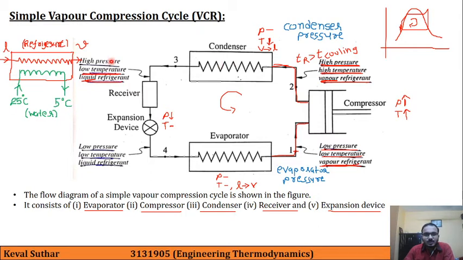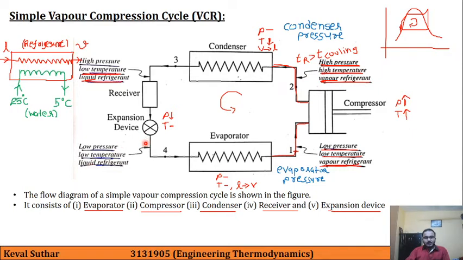Here the pressure remains high at the exit of the condenser, but the temperature reduces, so low temperature is there, and during condensation the phase of refrigerant changes, that is from vapor it becomes liquid, that is shown over here also. Then it passes through the receiver, then into the expansion device where its pressure is being reduced. Previously before expansion it was high pressure refrigerant, and after the expansion device it is a low pressure low temperature liquid refrigerant.